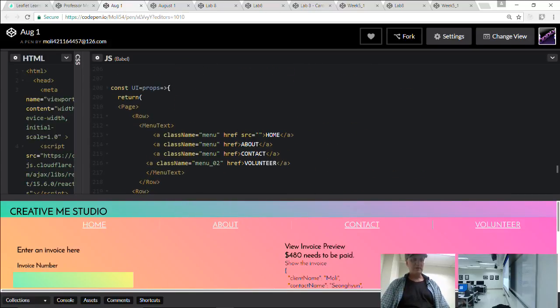So right here, so here's how it works. This is what I wanted to point out. Your row has the flexbox turned on and the flex direction set to row. So they go side by side, which is good, but it only works on the immediate child. So right now, because these guys are all inside one, the flexbox is really not going to work. So what we can do is remove menu text